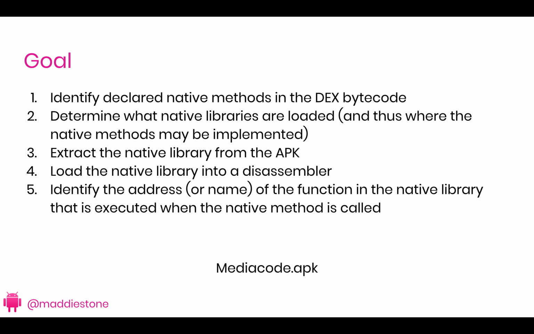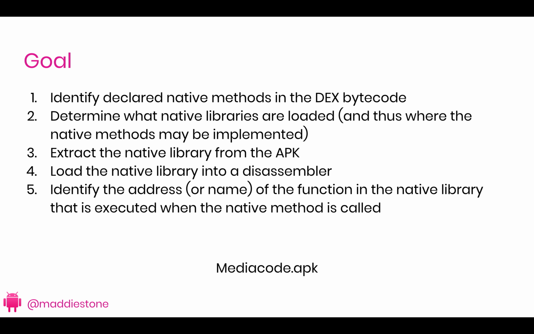To do this, we need to define the declared native methods and figure out which libraries are loaded, because an app can include, and often does include, more than one native library. To understand which ones are loaded, you need to figure out which one your method or function is actually included in,